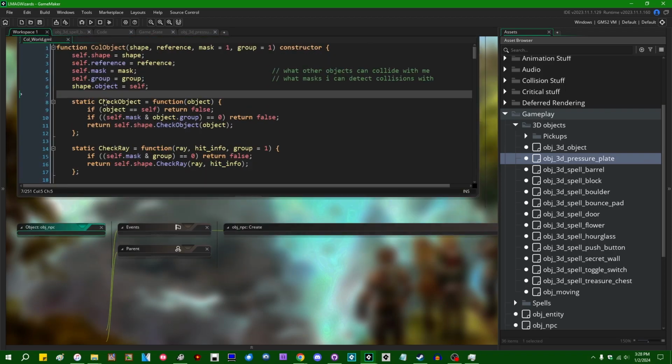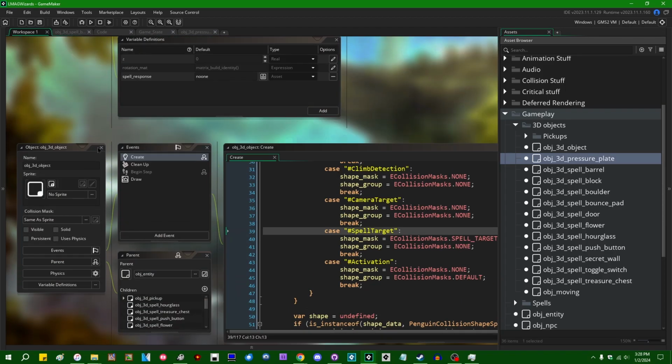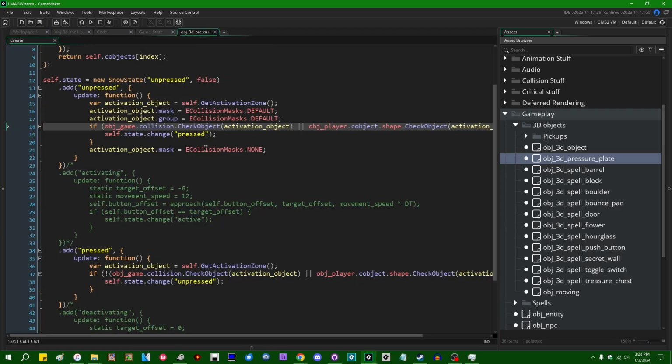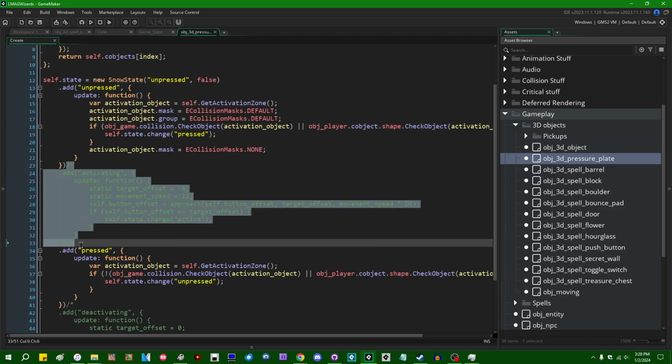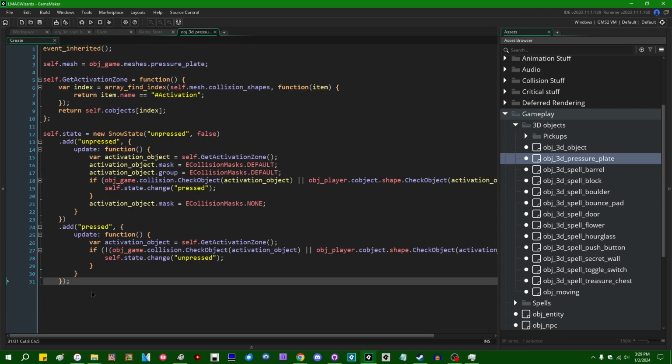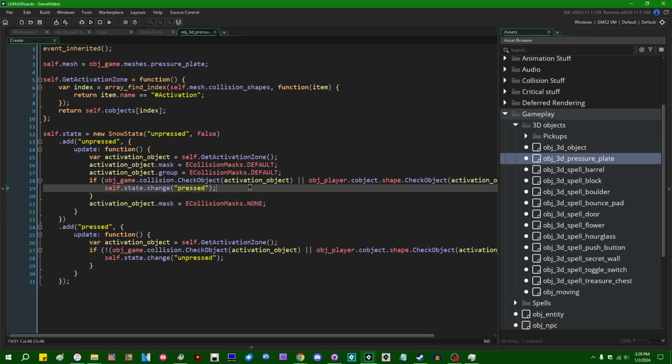Anyway, we have pressure plates. That took a little longer than I really wanted it to. But we do have pressure plates. And I think I'm going to leave it here for now. I can get rid of all this commented out code for the transition states that I don't need anymore. Right? Oh, you know what I do need to do, though, is,